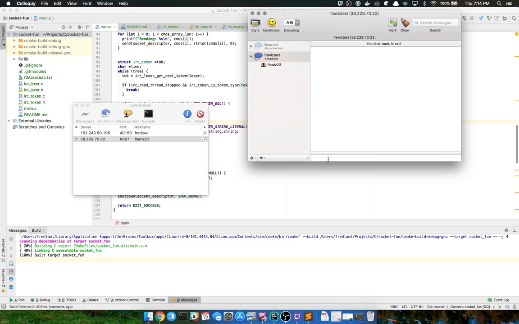All right, it's testing time. I mentioned this before. I'm on the freenode server 38.229.70.22, port 6667, the devil's port. And I'm in the channel FLOLZ test. So feel free to join up in this IRC at any given point.